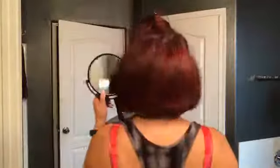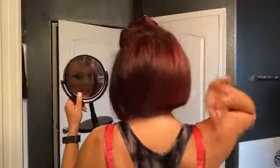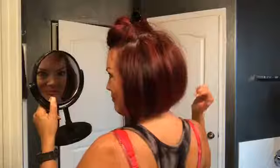Okay. So now you can see the back of my hair and how I've got this volume. See all that volume? There's a couple of tips I have for you here. The brush is huge. And if you're not used to round brushing your hair, you just have to practice, okay? And yes, your first few times,